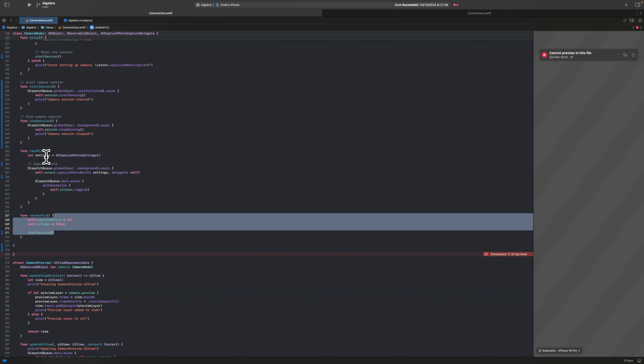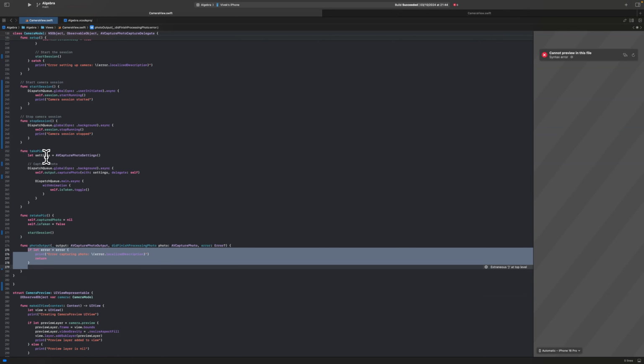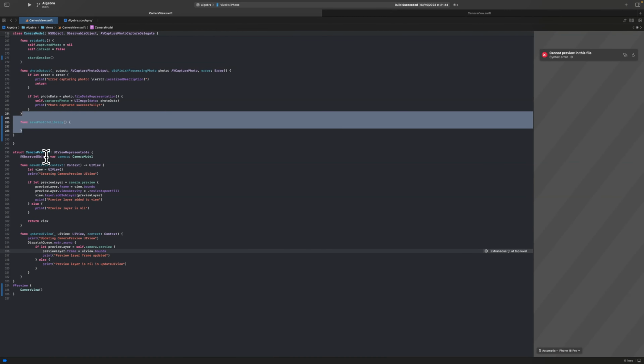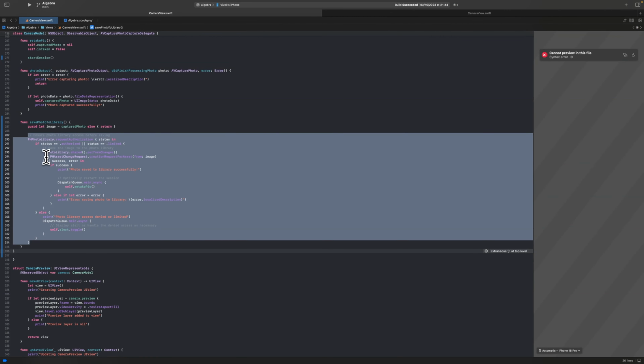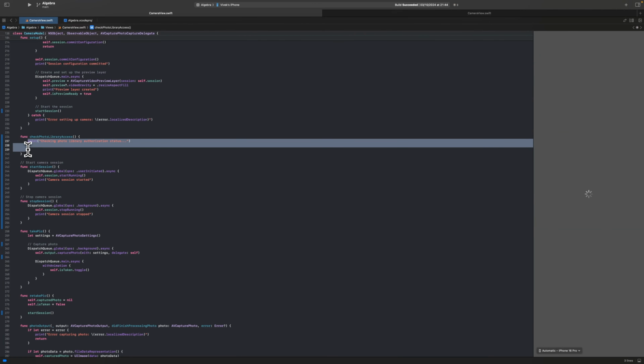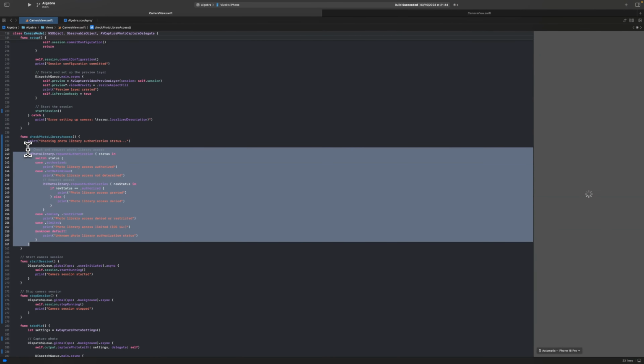satisfied with their picture. photoOutput receives the captured photo, converts it to the UIImage and stores it in capturedPhoto, and savePhotoToLibrary saves the captured photo inside our photo library. Let's add the check photo library access method. It just checks the permission to access the photo library, just like the check method we implemented earlier for camera